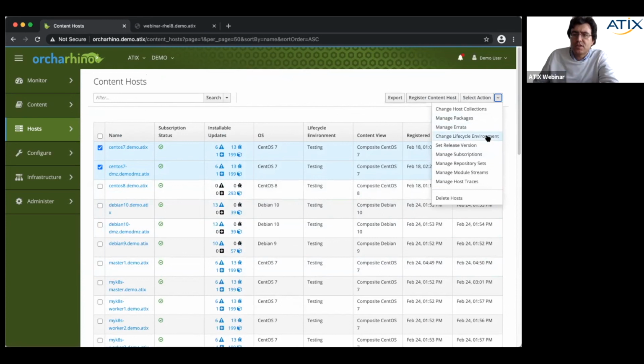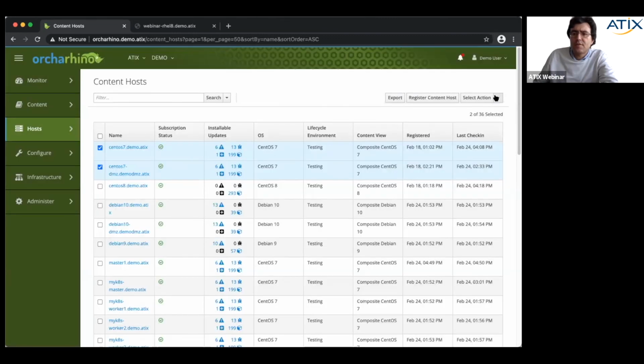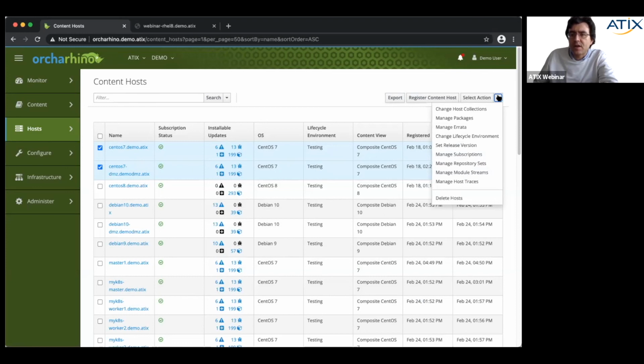We can change the environment over here. We can manage the subscriptions. Let's see. Okay, I have to look it up. It definitely works if you run an API call, because then you can just do that. I have to figure out if it can be done on the surface. This is something which is not done too often.